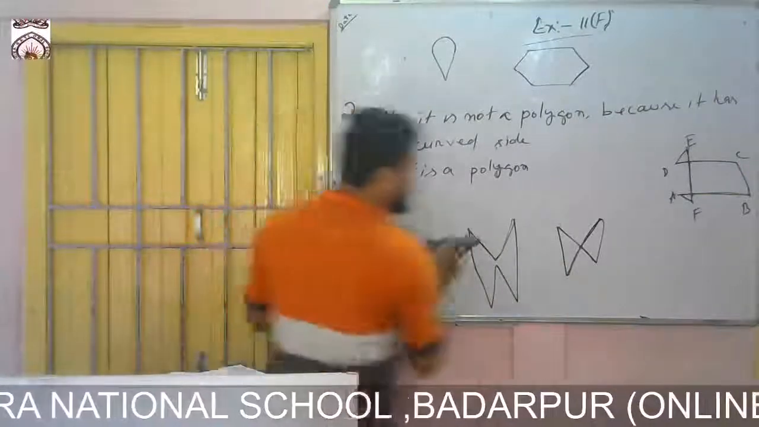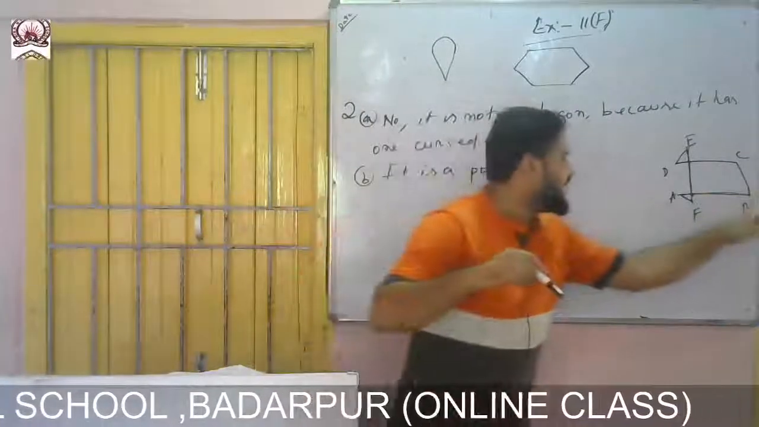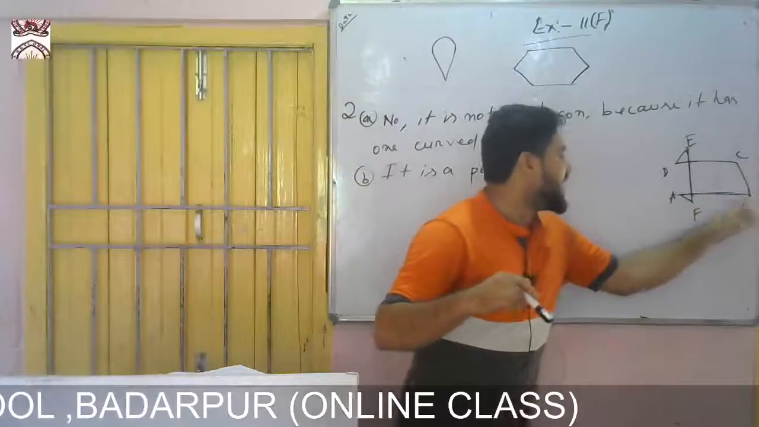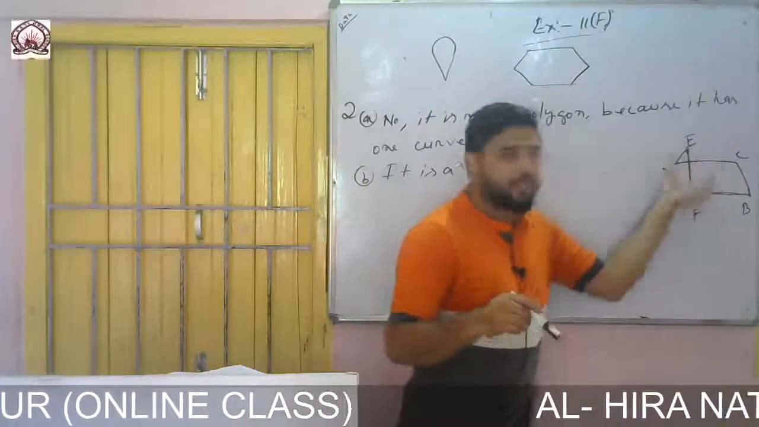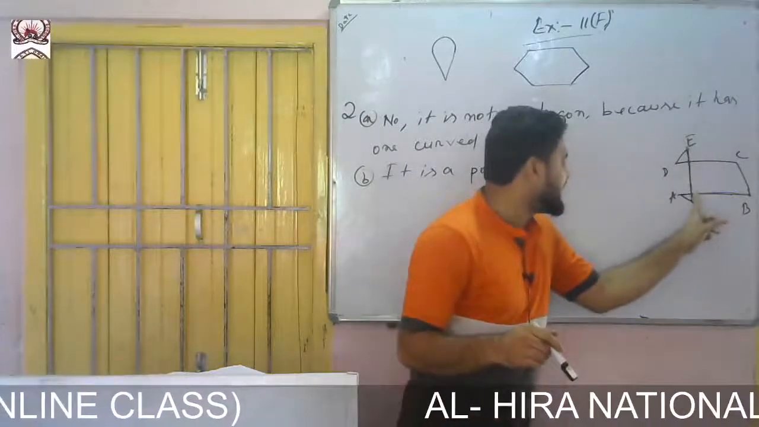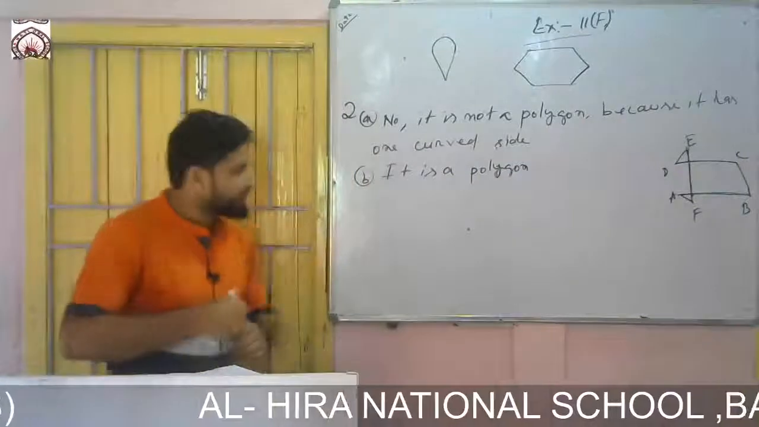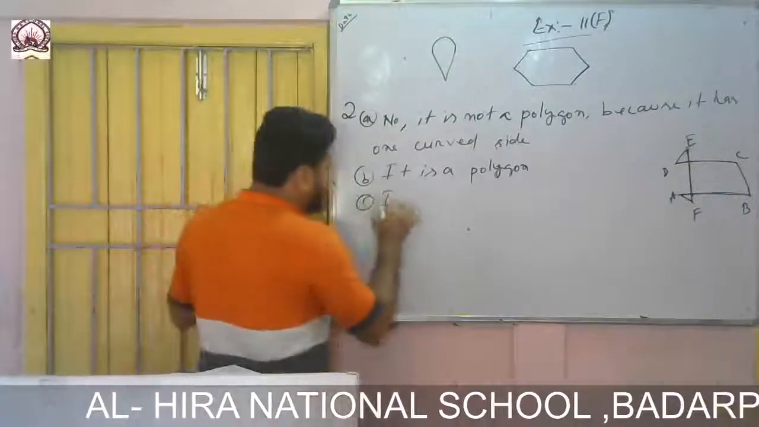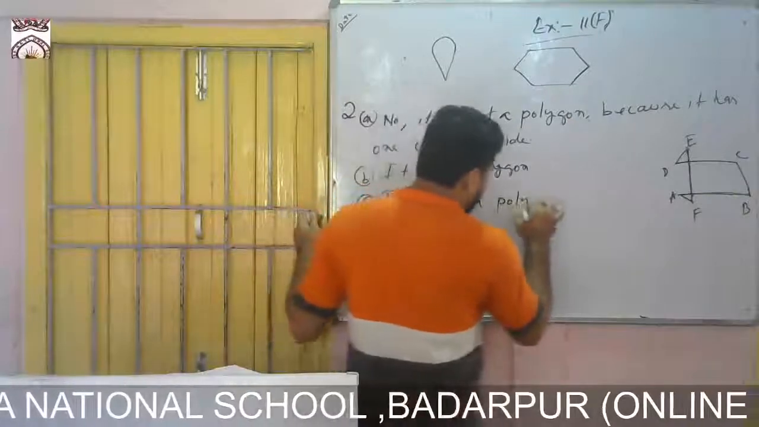Okay. So other than their end points, you see A and B, this one is the starting and end point. E and F, this one is the starting and end point. Rather than their end points, they are meeting at this point and this point. So it is not a polygon. So the right answer, number C: it is not a polygon